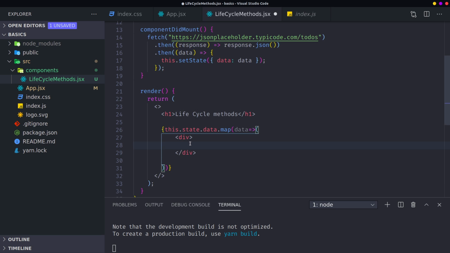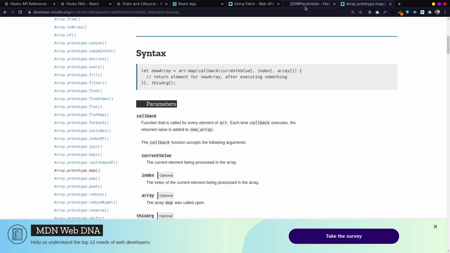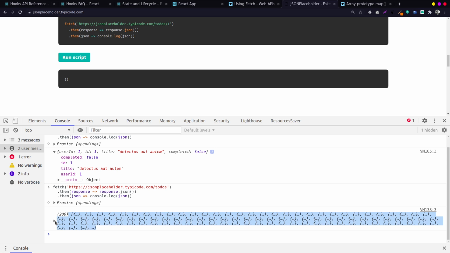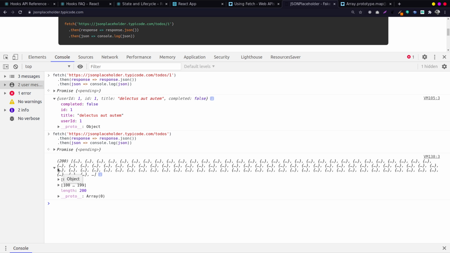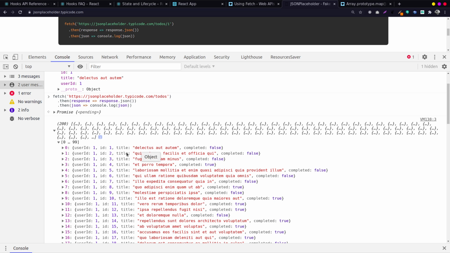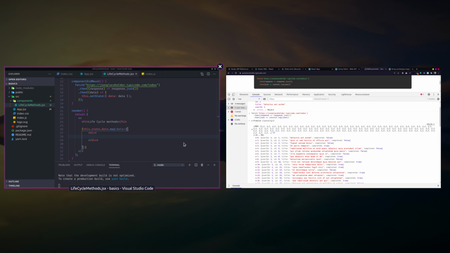Our first value, if you look at our fetch API, it has 200 values, and you can see they have an ID, a title, and a completed value. So what I do is say I want to have